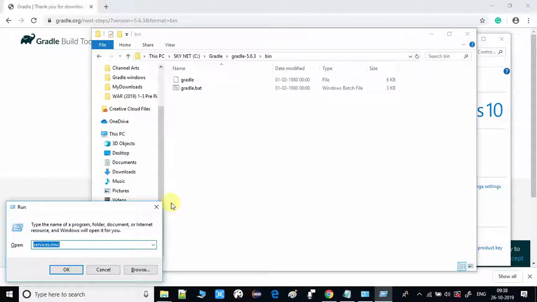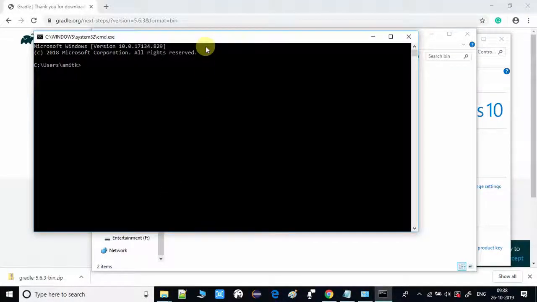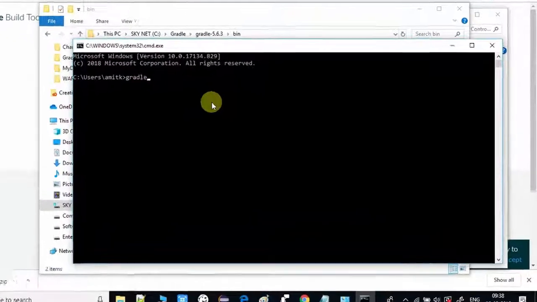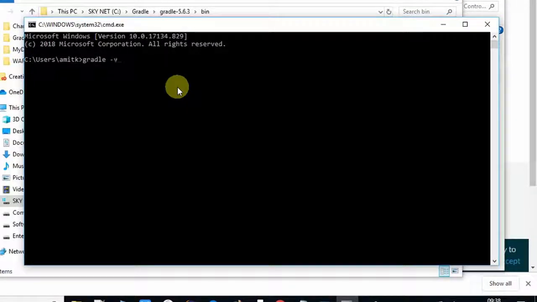Now we will check whether the installation is done successfully or not. So open the command prompt. On this command prompt we have to type one simple command, gradle space -v, and hit enter. It will take 4 to 5 seconds,